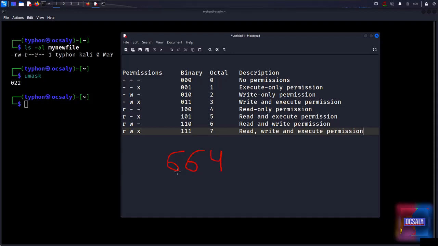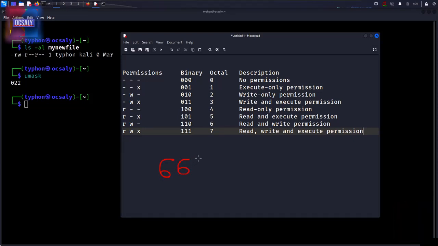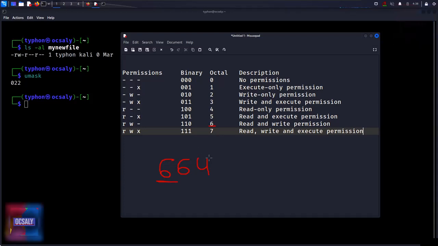Actually, let me write that nicer here. So in this case, 6, 6, and 4. So the 6 here, remember, represents read and write permissions for the user. As you remember in previous lectures, the first is user, group, and everyone else. So here the 6 is for user,